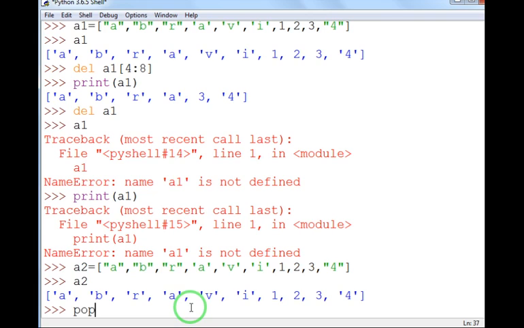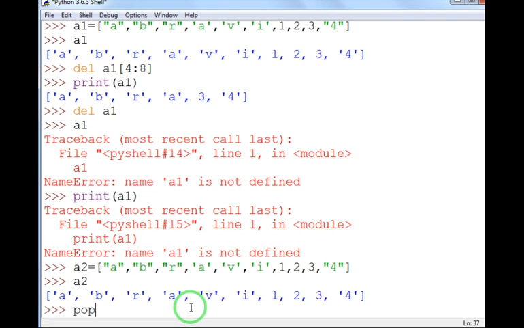The pop function is used to remove a single element, it is not used for slicing or to remove the values in a slice or in a range. It is just used to remove a single value, but it also returns the value that is deleted. The del statement will just delete the value, it will not return the value that is deleted, whereas the pop function will return the value that is deleted.